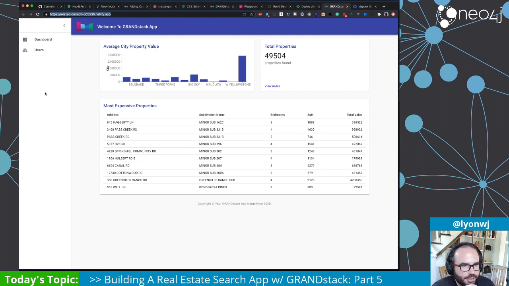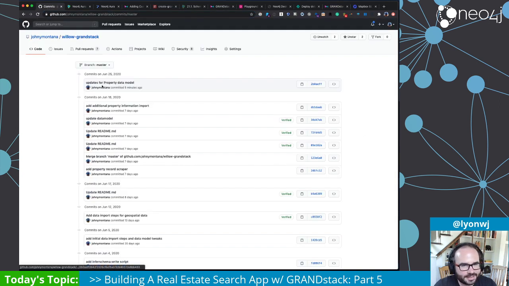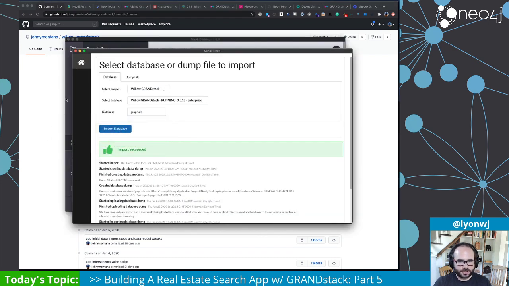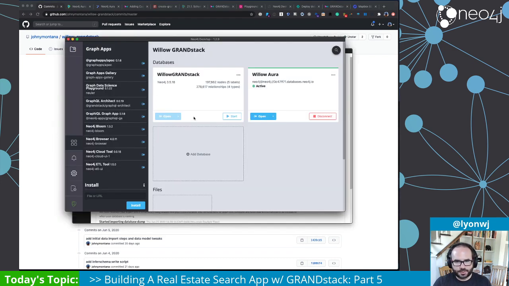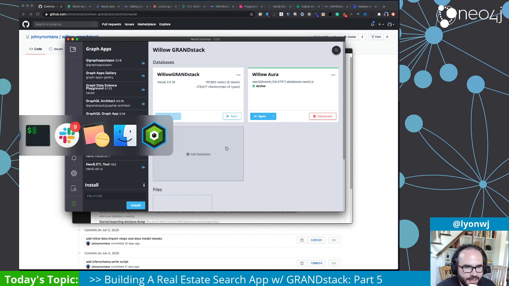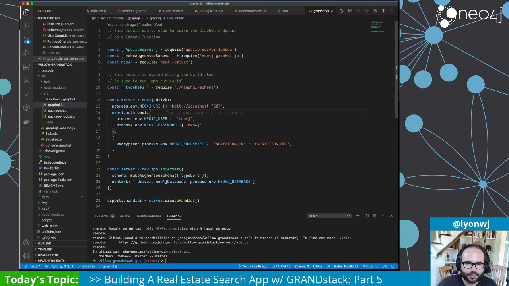Cool, so I think we'll call it good there for today. I will push up the code to GitHub that we worked on today, but we already did that, so that's this commit here. So just to recap what we did today, first we finished off working with GraphQL Architect in Neo4j Desktop. We were using the GraphQL schema building functionality in GraphQL Architect. We then exported that into the project where we were building our GRANDstack app,